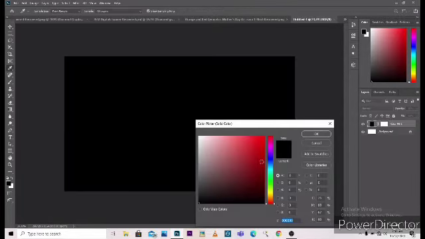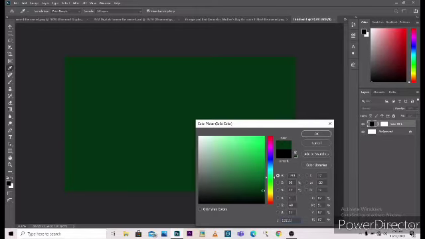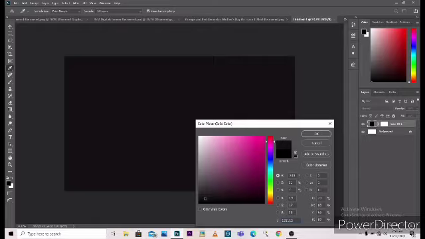I already know the color I want to use because I'm familiar with Photoshop, so I'll just input 131112. Then I'll click okay.